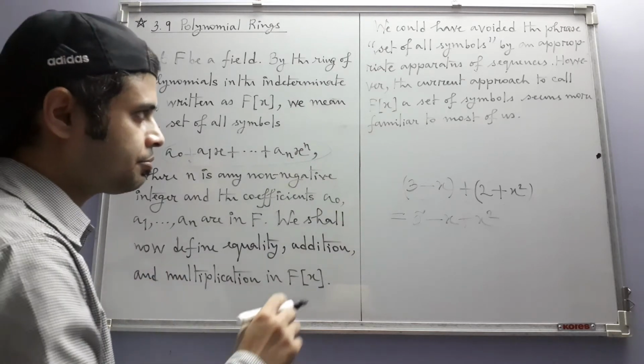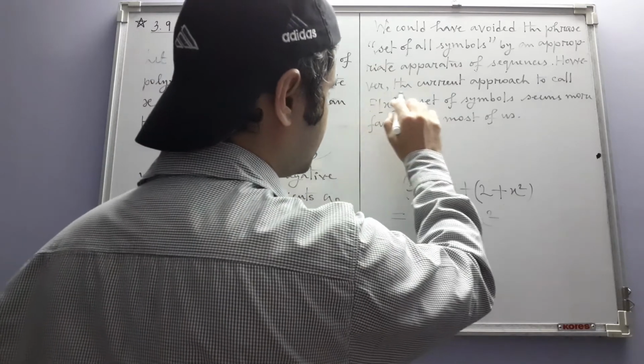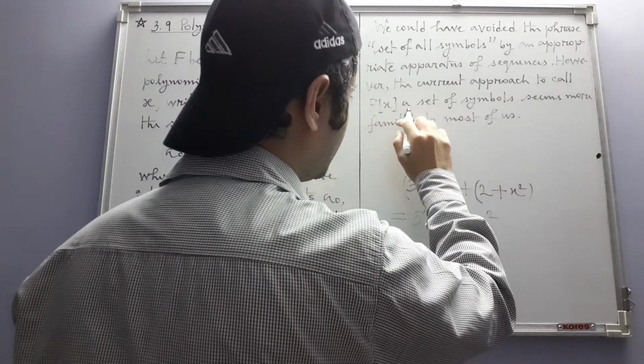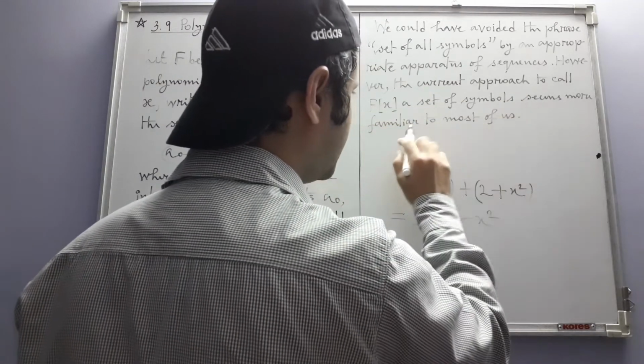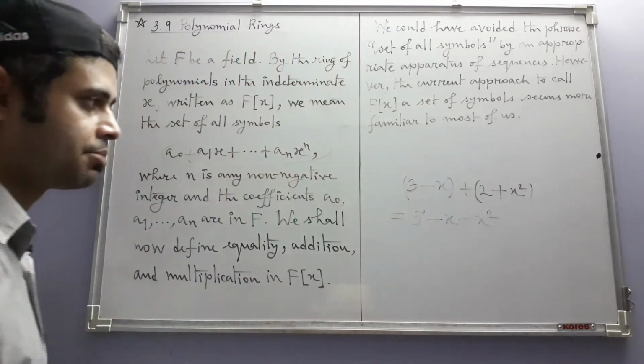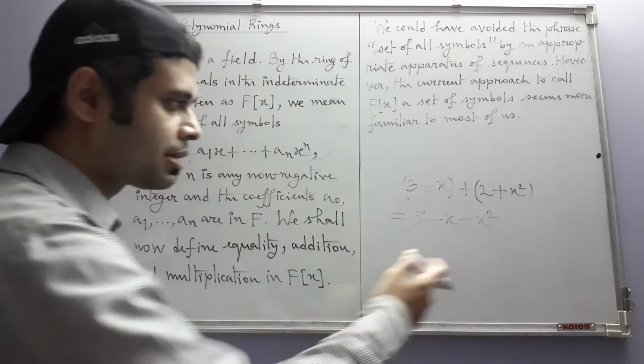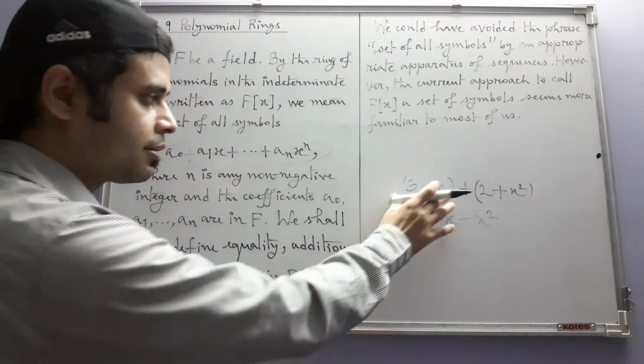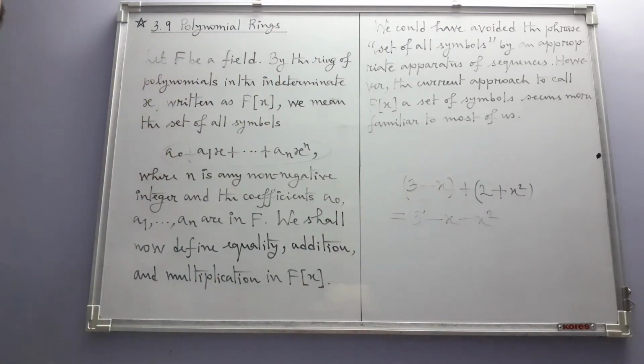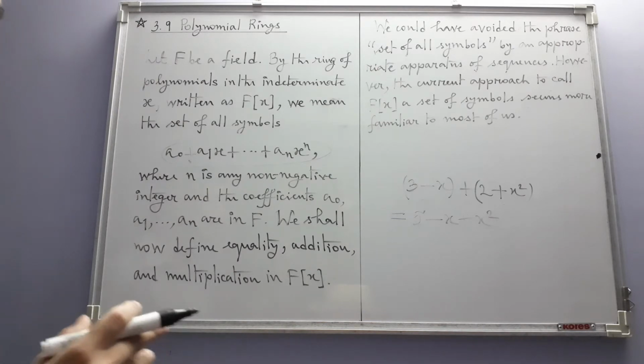So that's why we are saying the current approach to call f(x) a set of symbols seems more familiar to most of us, because that's how we have learned about polynomials, no? As some symbols like this. We don't think of a polynomial as a sequence. In fact, if you really have come across that